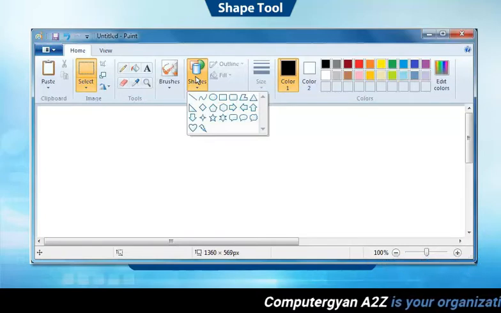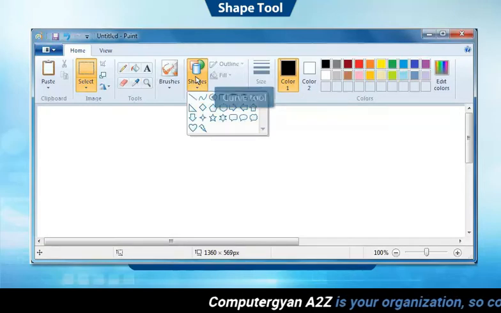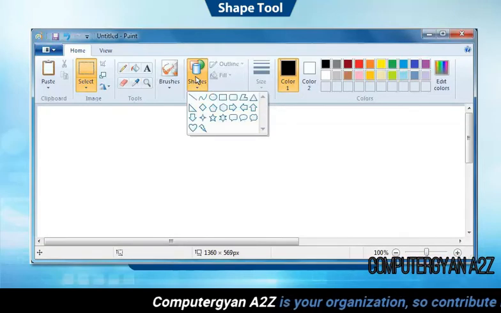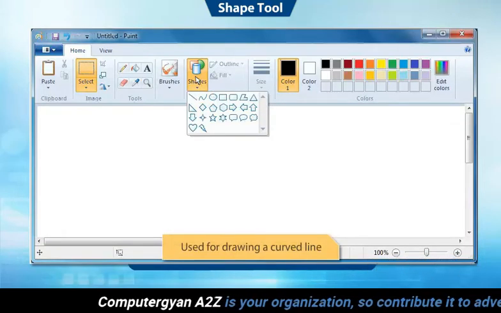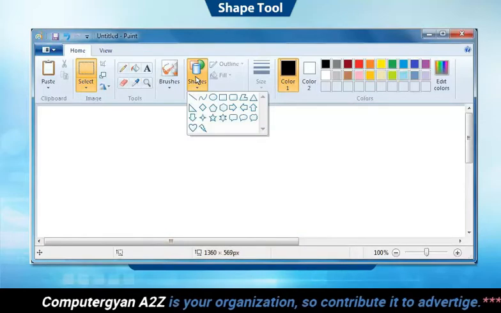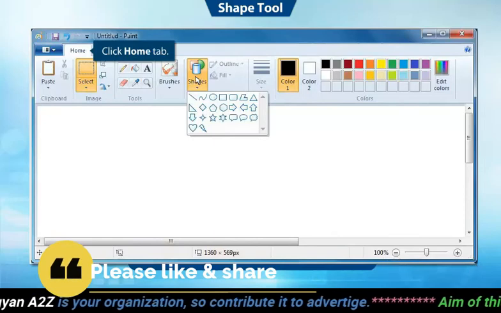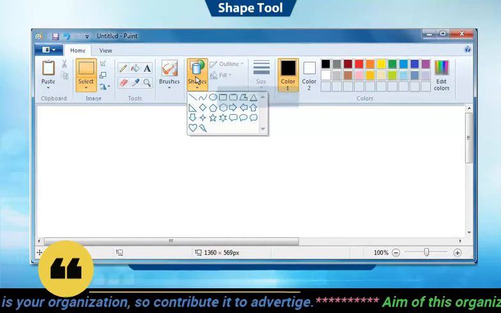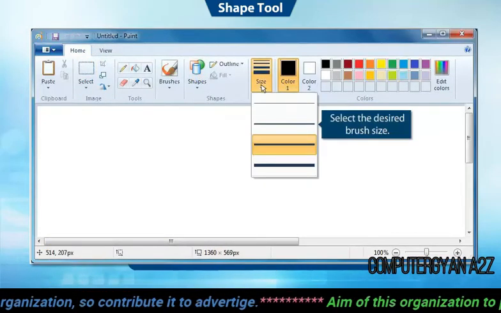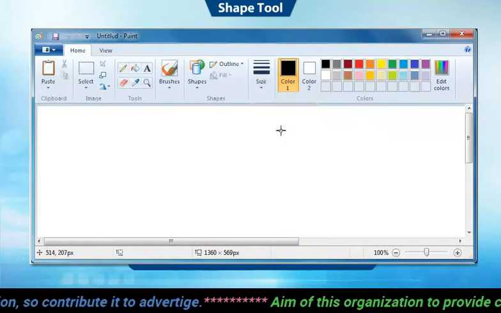Now, let's look at the Curve tool. The Curve tool is used for drawing curved lines. To draw a curved line, click the Home tab, select Curve. Then select the desired brush size and the color.